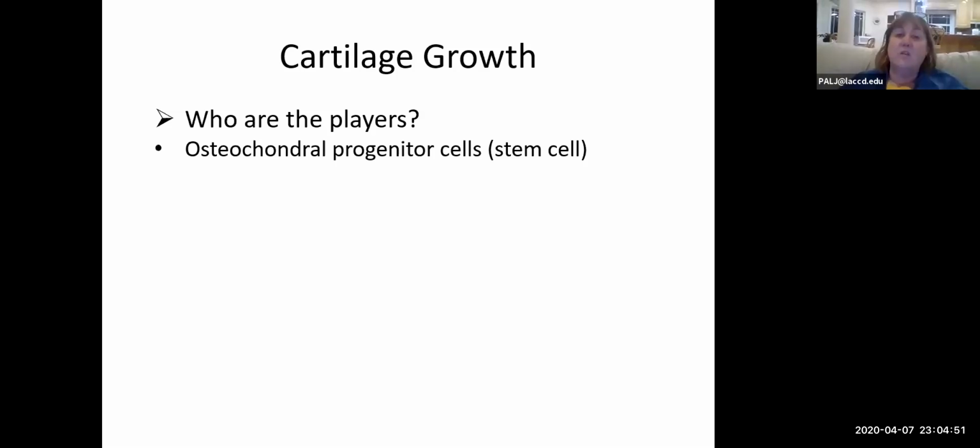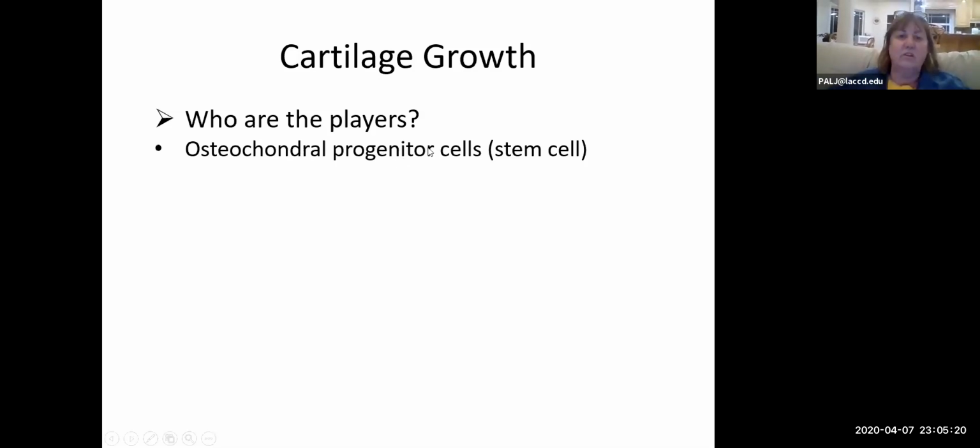What we're going to talk about now is we need to make cartilage. So in order to make cartilage, we need to know who the players are. You can't play football if you don't understand what the quarterback does or what the defense does or the offense does generally. So who are the players? Well, the first player is this master stem cell, okay, germ cell, whatever word you use. This is the cell that when it gets a chemical message can become a different type of cell. And the name of the cell is called